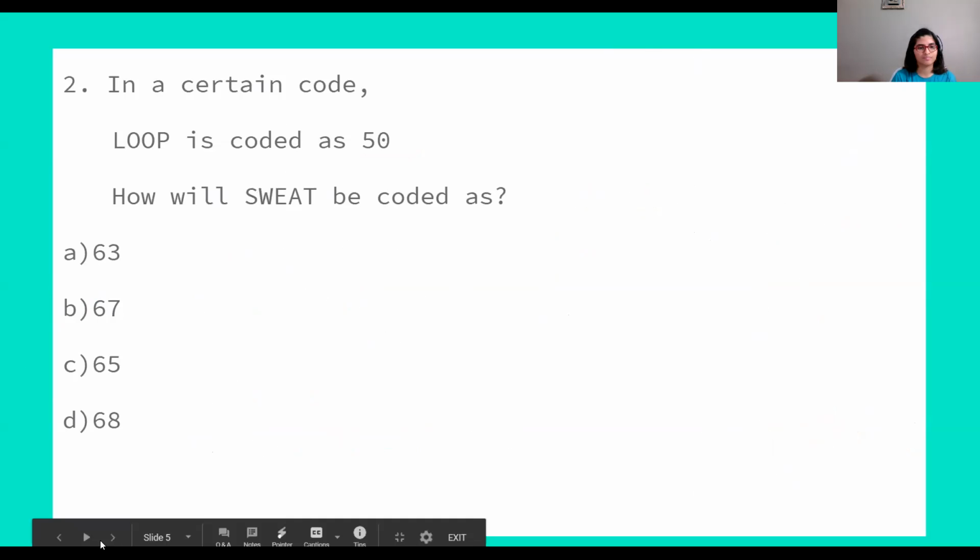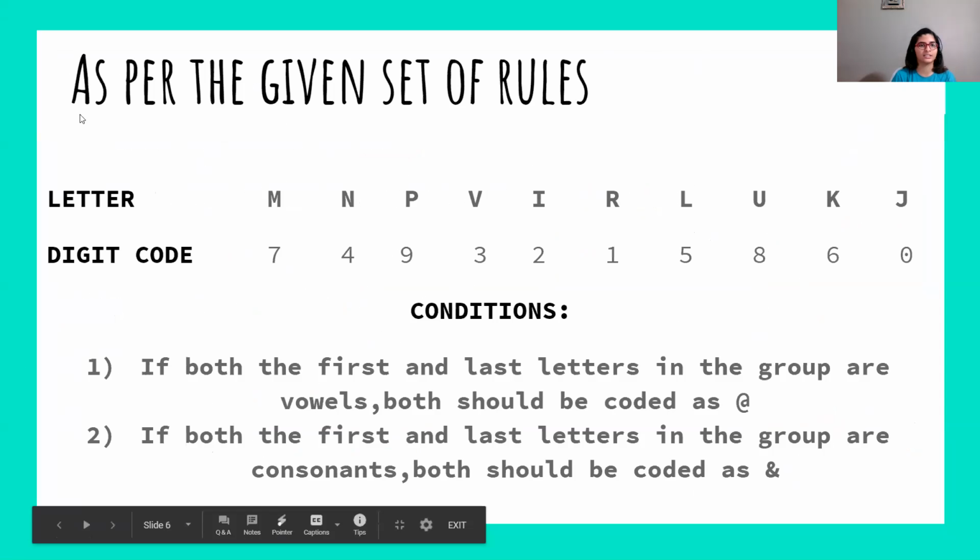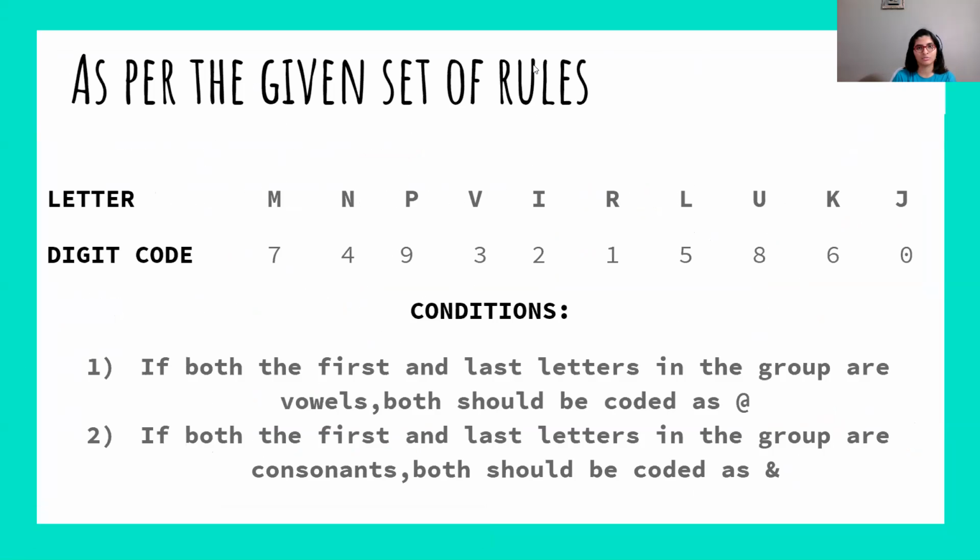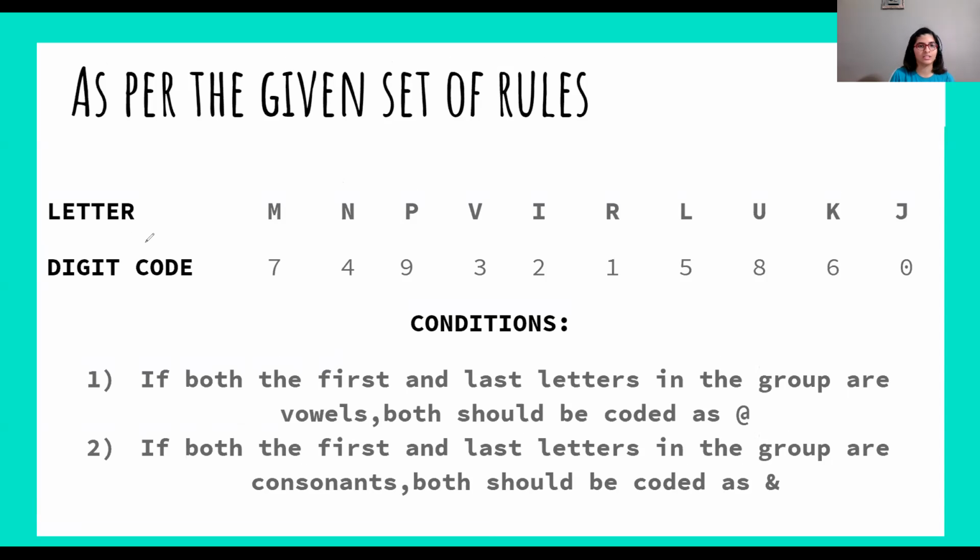Now we'll move on to the next type: as per the given set of rules. Just like it is set in the type, they will give us rules and we have to follow accordingly. So first here, they have given us some letters and the code for each letter. According to them, M is 7, N is 4, P is 9, V is 3, and we have till